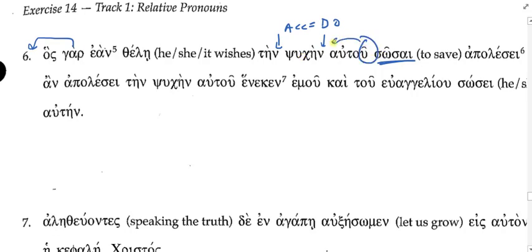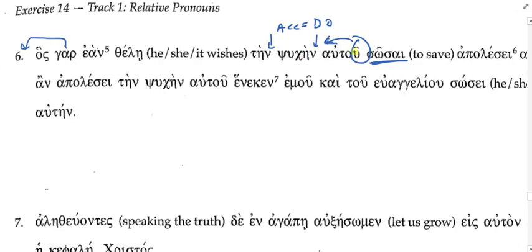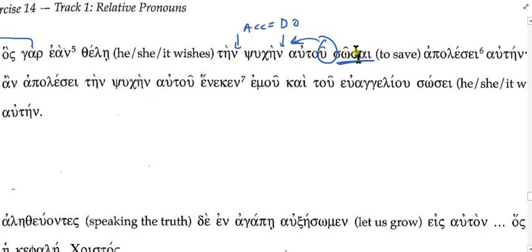So it's a genitive in relation to psukein. Whose life? His life. So whoever wishes to save, direct object, his life, what about that person? Apalese autain. What does he tell you apalese means? Will lose. Autain,